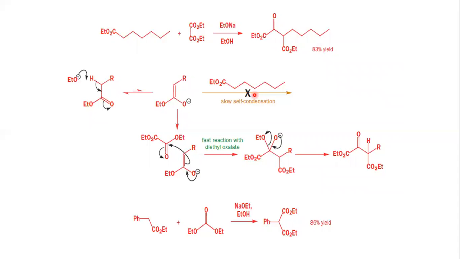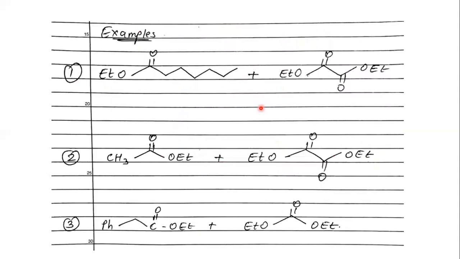So this was your Claisen ester condensation. If there is any doubt, if you thought that this was a little bit faster, please let me know. We can do these reactions again. We can do a Skype call or a Zoom classroom and we can try to solve all your doubts if you have any.